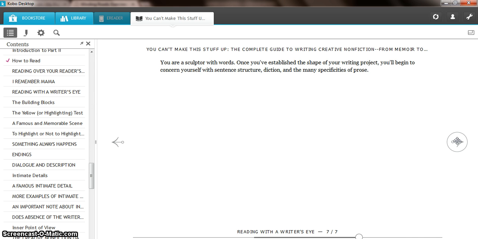So just remember that when looking at your piece as a whole first, when revising, it's very important to keep your purpose in mind and that main point that we discussed earlier in the unit, and that you really have that to give your piece more depth and meaning. And after you've established that your structure works, that's the first part of revision, then you can move on to, as it states, the sentence structure, the grammar, the conventional things as well. So make sure that you finish up with this lesson because this is the only part of it. And as always, email me or come see me with questions.